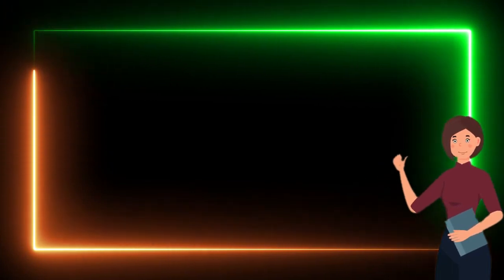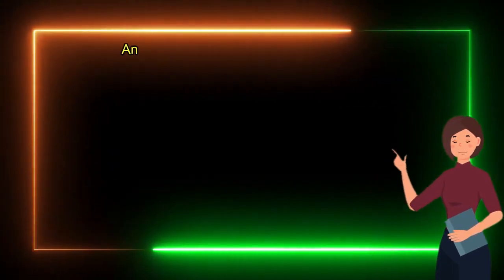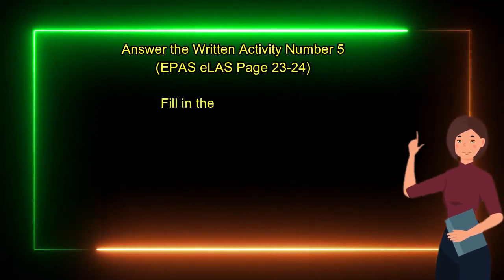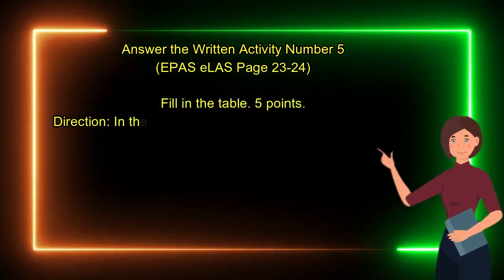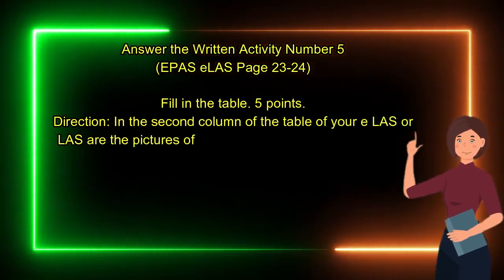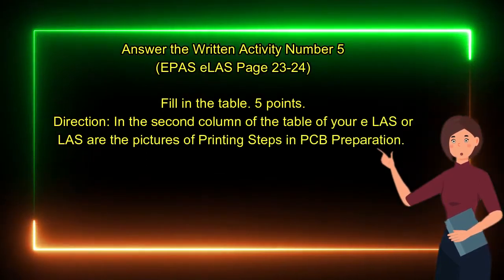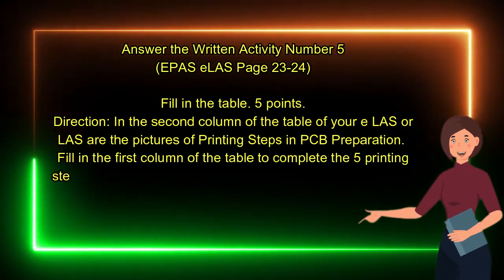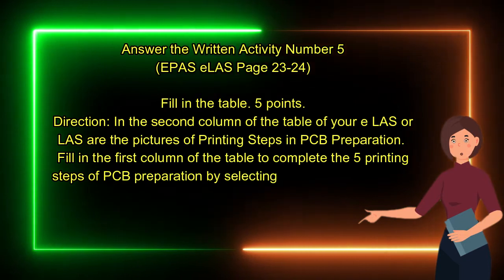In your EPAS or LAS, answer written activity number 5. Fill in the table. 5 points. Direction: in the second column of the table of your EPAS or LAS are the pictures of printing steps in PCB preparation. Fill in the first column of the table to complete the 5 printing steps of PCB preparation by